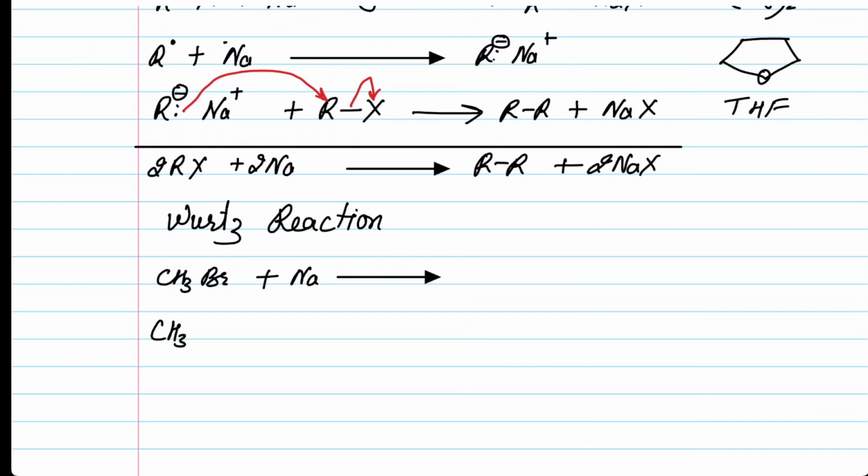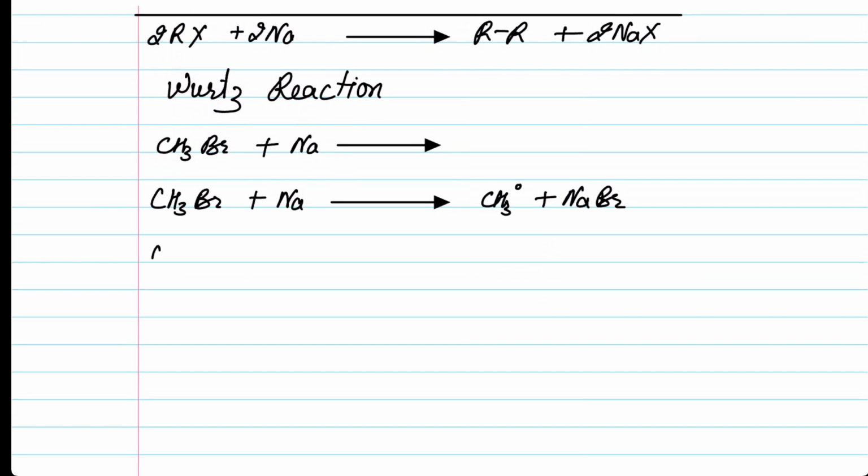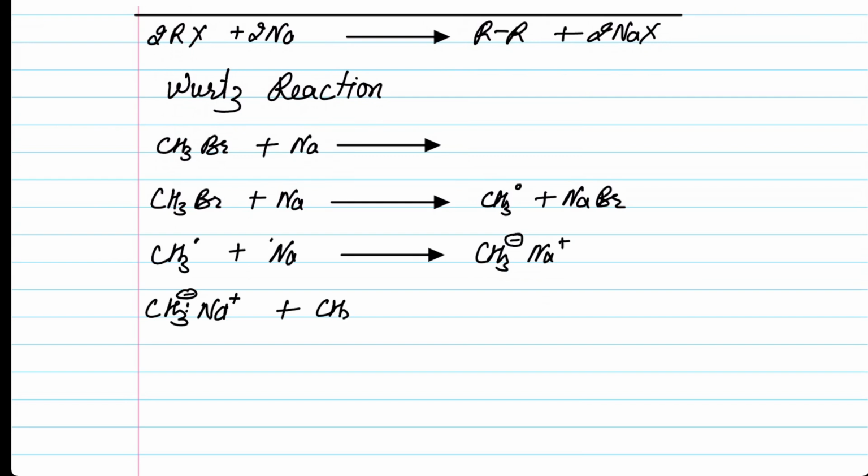The mechanism would be CH3Br initially is going to react with sodium, and then it is going to give us CH3 radical along with NaBr. This CH3 radical is going to react further with sodium to form CH3 minus Na plus. This CH3 minus Na plus is going to react with another molecule of CH3Br. This electron pair is going to attack the carbon and this bond would be cleaved off, and we are going to get CH3CH3 plus